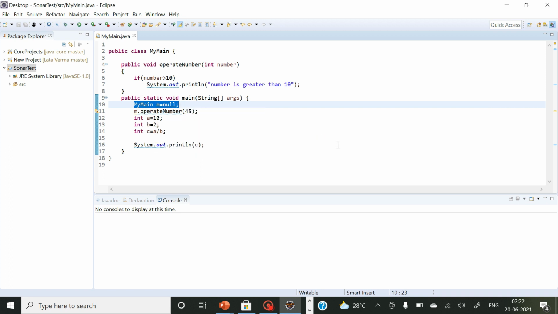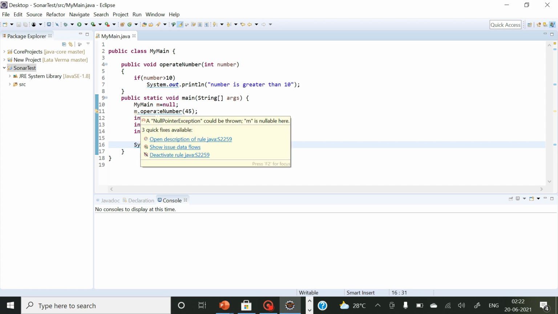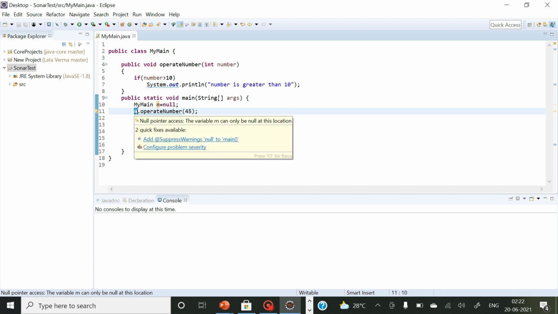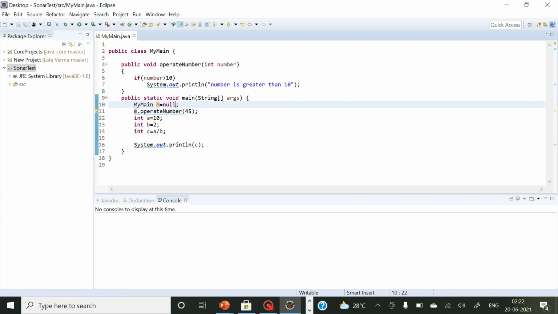But because SonarLint is embedded, it is helping me see that this will lead to a null pointer exception at runtime. So a null pointer exception could be thrown, m is nullable here. So a clear explanation I have got, and then I can check whether m is null or not.